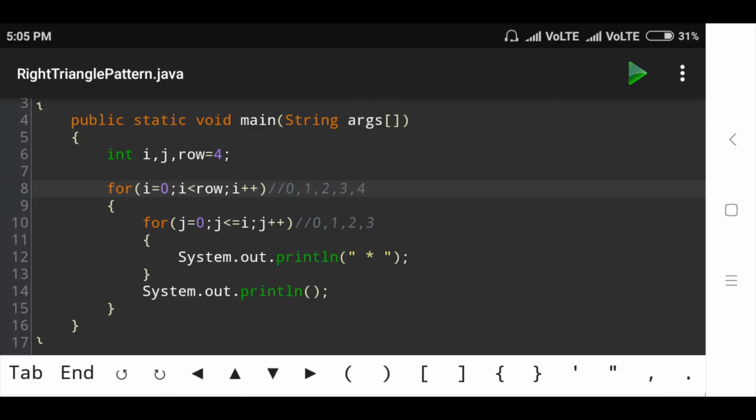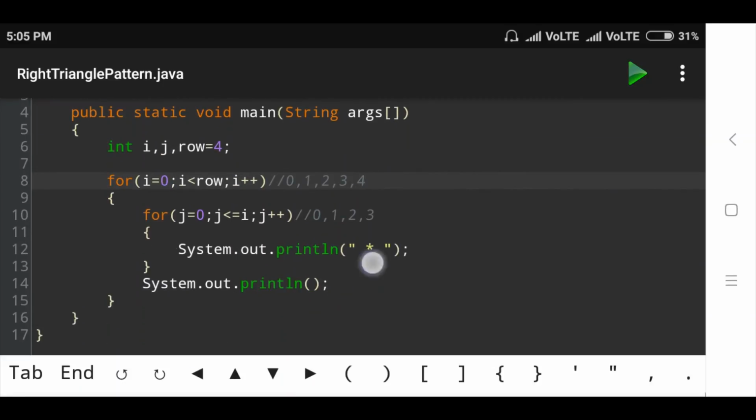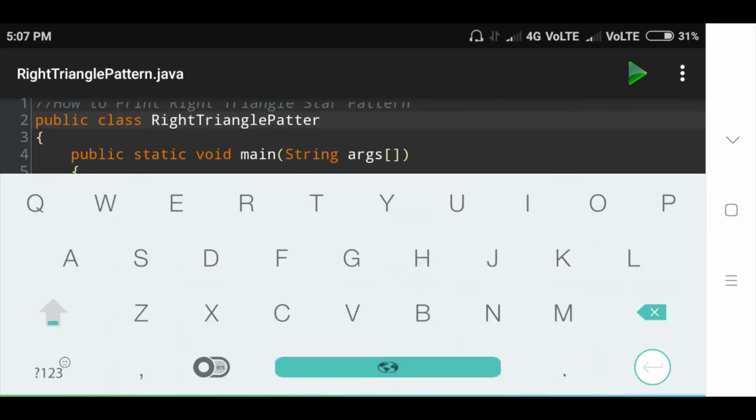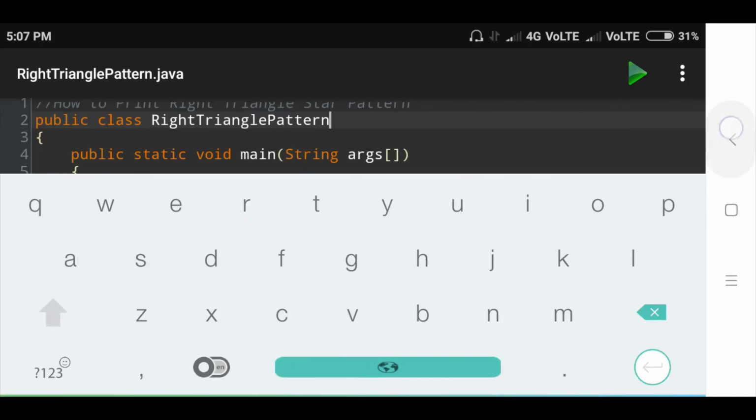The execution of the program will terminate when the value of i is equal to the number of rows. Then control automatically comes out of the loop and the star pattern is printed.